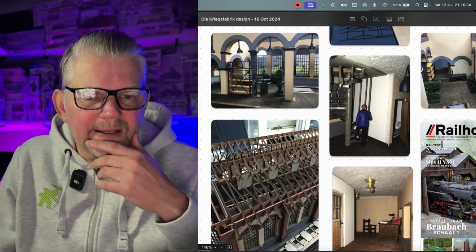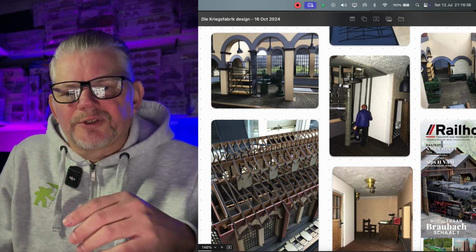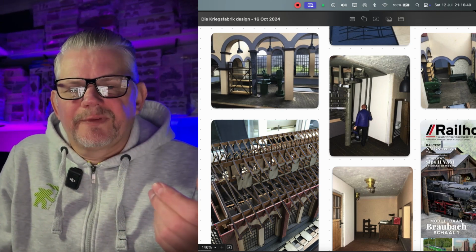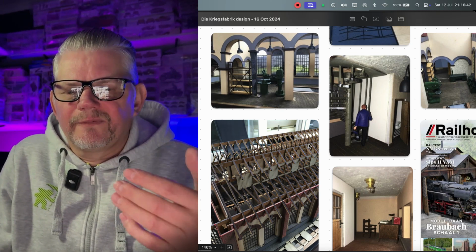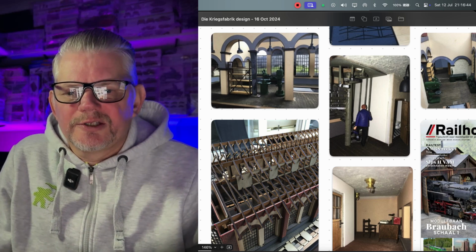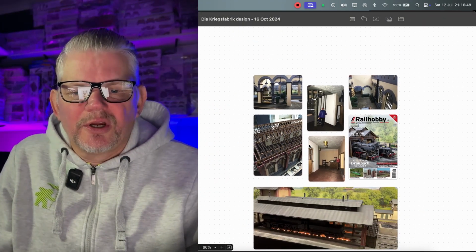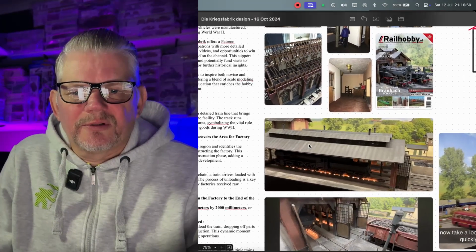I actually saw some video footage of what it looks like, and I thought, let me incorporate that, because it gives a bit of a different feel to the factory. So that's essentially the factory, a bit of offices and things, and that is the portion where, as you can see from here as well,